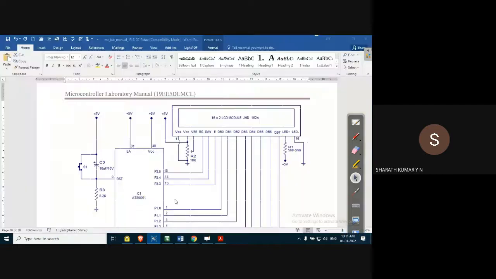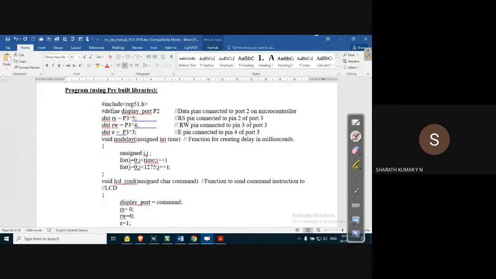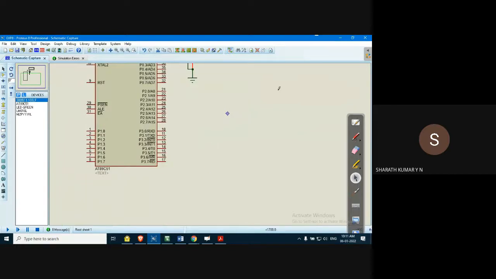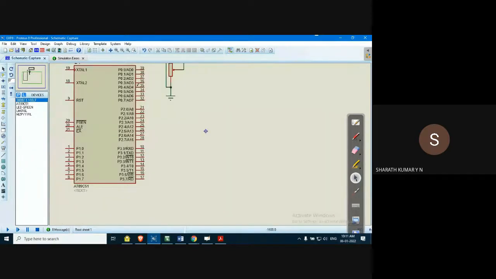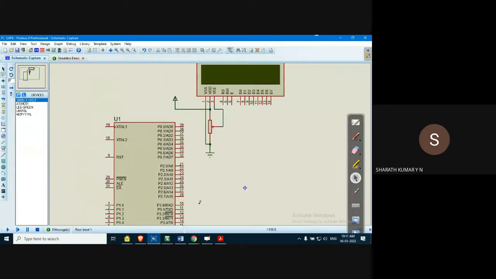So in our program, what we are doing is, the RS pin, if you can observe here, RS pin is connected to P3.5, RW to P3.4, and the enable pin to P3.3. We can change this actually. We need not use this pin. We can change this pin, no problem. But in our program we have done this. So let's go to this schematic pin number. Let me zoom in. Pin number P3.5.